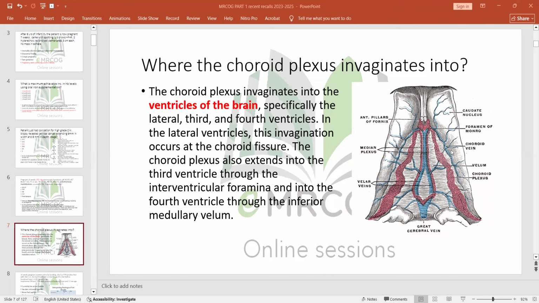So please, I beg you, the choroid plexus here is meant to exchange the minerals and the nutrients between blood and CSF. So it has to be in contact with the CSF. The CSF are the ventricles. Those are the ventricles of the brain. And the invagination in which the choroid plexus resides is called choroid fissure, inside the brain tissue itself. Okay, guys? Specifically speaking, which ventricles are we talking about? The lateral, third, and fourth.